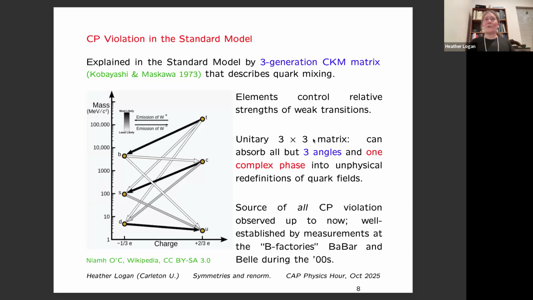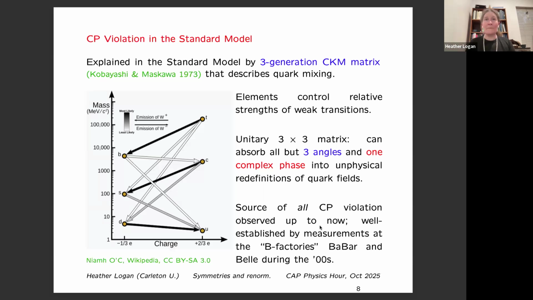And if you do that, you can absorb everything except three angles, which are basically like the Euler angles for a 3D rotation matrix, together with one complex phase into these unphysical redefinitions. So there's 3 + 1 physical parameters in this quark mixing matrix. And this complex phase is the source for all of the CP violation that has been experimentally, definitively observed